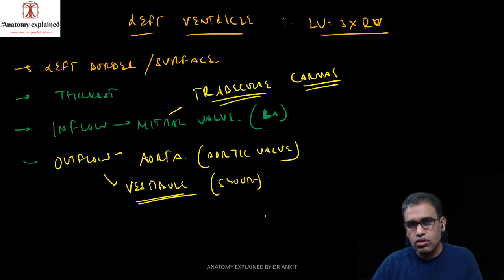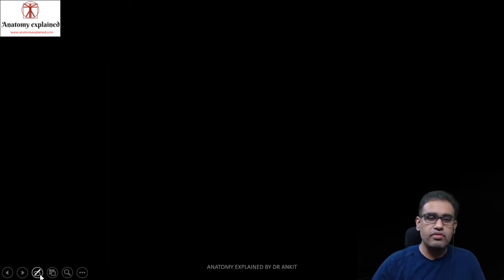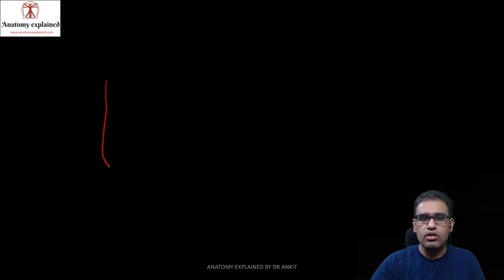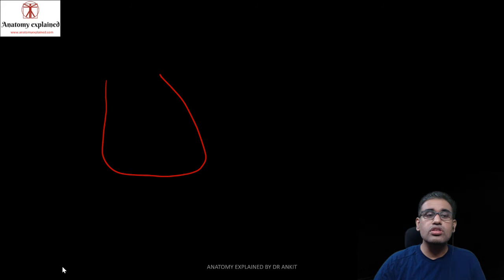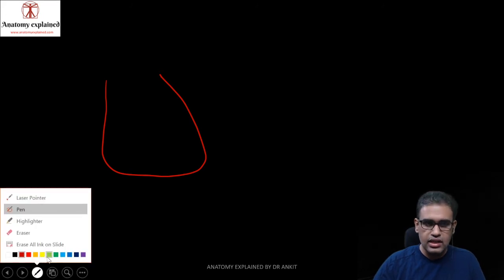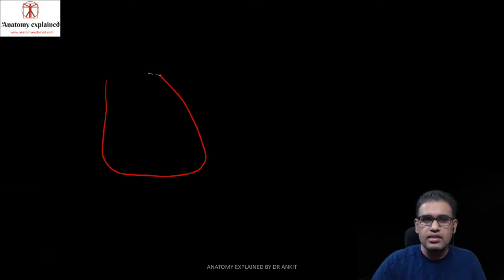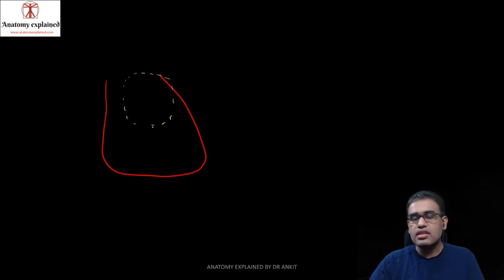So you have an inflow, you have an outflow. Now, which is more anterior? If you compare the inflow and the outflow, the outflow is more anterior. If you again look at the heart over here, where was the LV present? The LV was present on the posterior side. We just discussed that the left atrium was present on the posterior surface, the base of the heart. So obviously, when the LA is opening into the LV, it has to be slightly more on the posterior side.